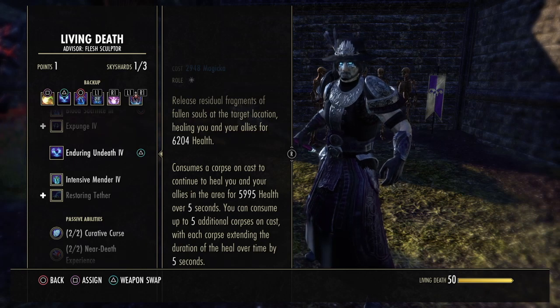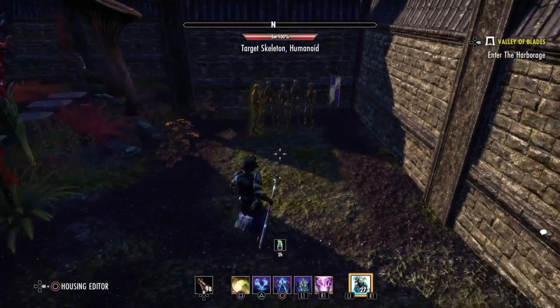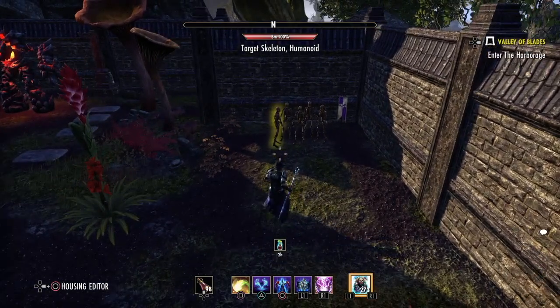But if there is a corpse on the ground, you will create a lasting healing field that will heal everybody that's in it for almost 6k health over 5 seconds. But you can consume up to 5 additional corpses on the cast, and each corpse will extend the duration of the heal over time by 5 seconds. So if there's a lot of adds and a couple corpses on the ground, you can let this run a lot longer. It's sort of also an AoE heal, especially if there are corpses on the ground,